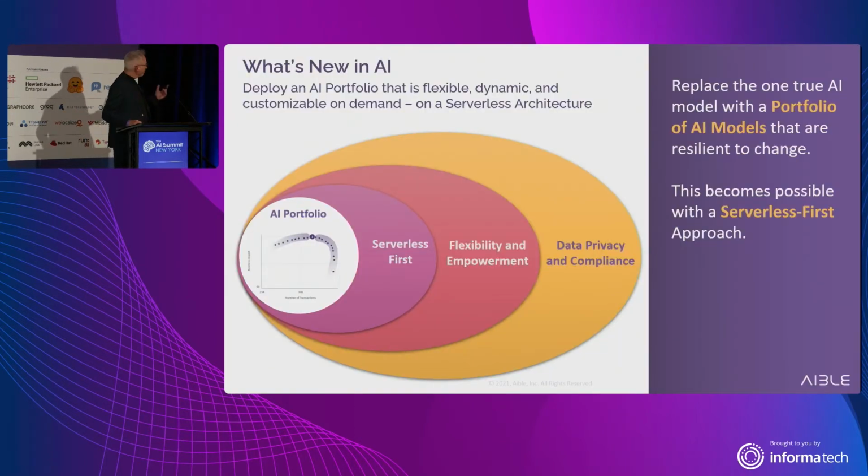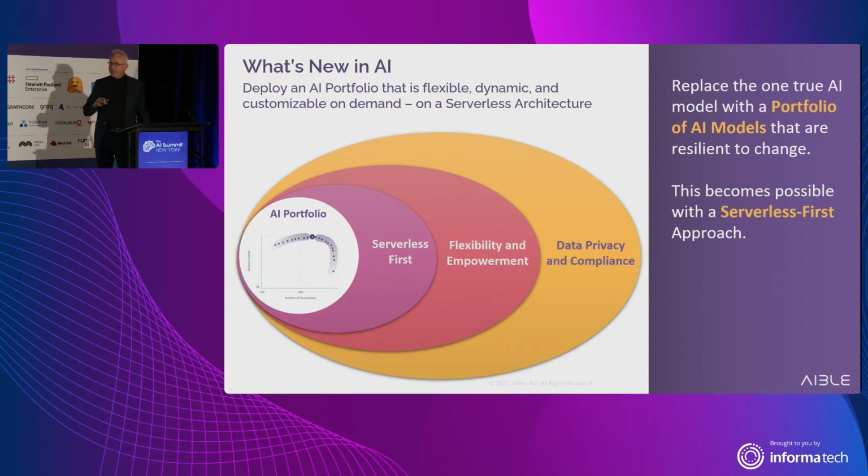So we do think there's a new way to approach this. Instead of building that true, single, perfect AI, we want to build a portfolio of AIs. The idea here is that instead of just building it for accuracy or for log loss, we're going to build a whole collection of AI models that sweep a range of business conditions, okay? And I can do this with custom loss functions.